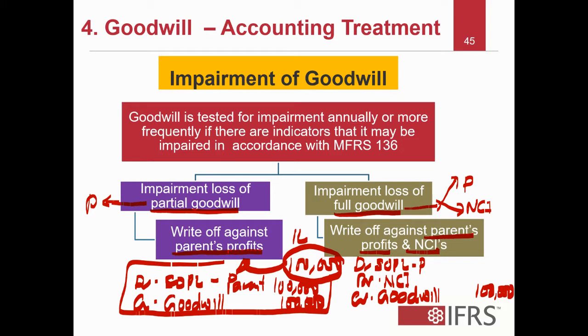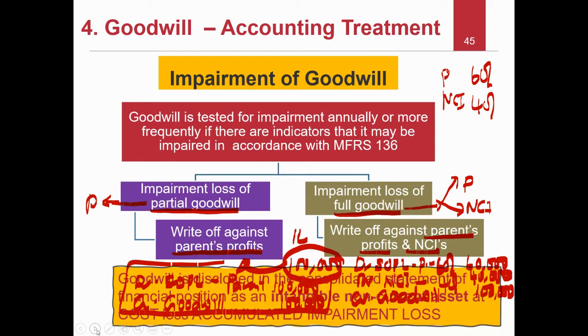So if that percentage that we use in our daughter mom example, 60 percent by parent, 40 percent by NCI,